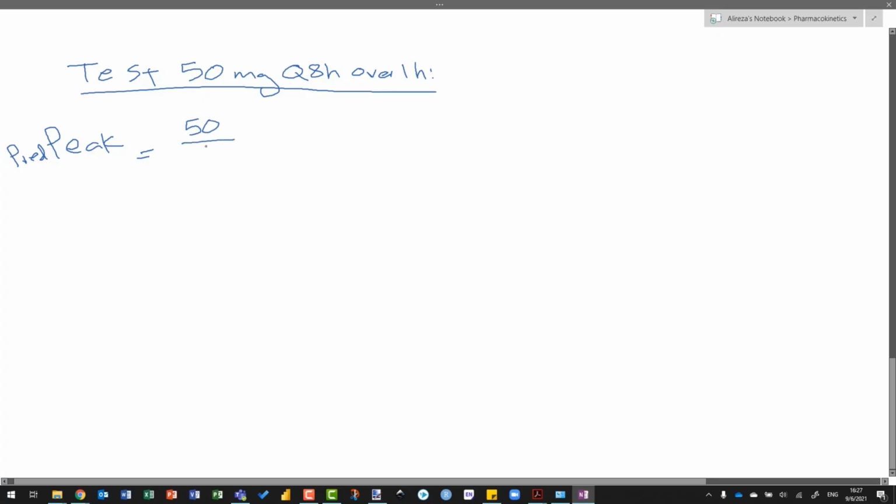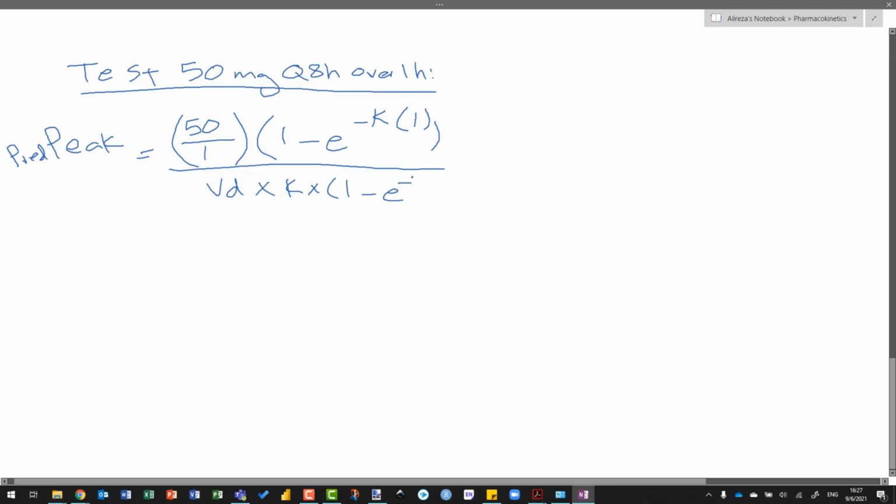So we're doing 50 milligram infused over 1 hour. So you see this calculation becomes easy. You don't have to divide 50 by 1 in your calculator. You just type 50 here, and then you multiply by 1 minus e to the negative k. We already know k is 0.181 times time of infusion, and then we divide this whole thing by volume of distribution times k times 1 minus e to the negative k times tau. Tau is 8 in this case. And what we would get is 3.86